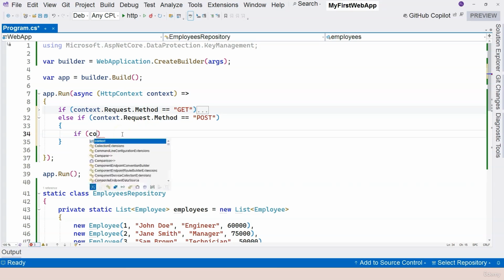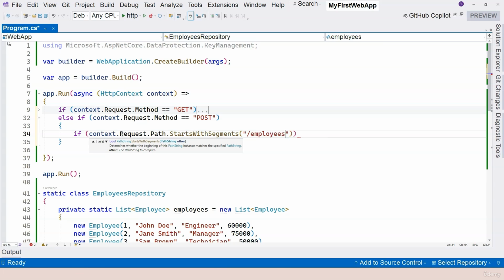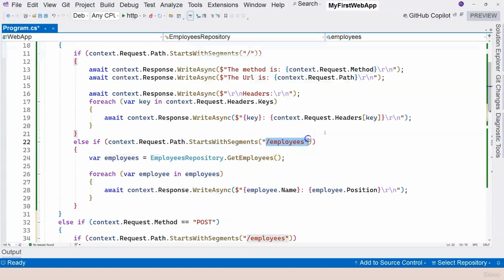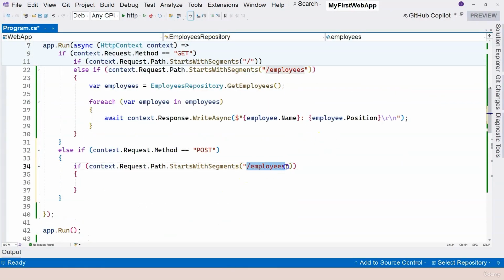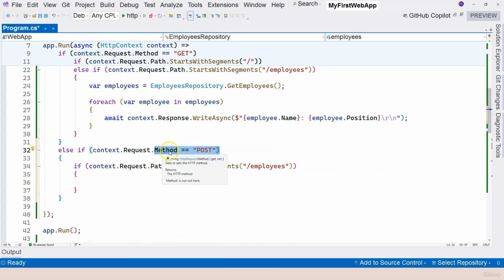And I'm going to say context.request.path, if this starts with employees. Notice that I'm using the same location as get, so here /employees, here /employees. The location is the same, but the difference is that the method is different. This one is the post method, and this one is the get method. So when we use a post method, we end up on a different endpoint handling business